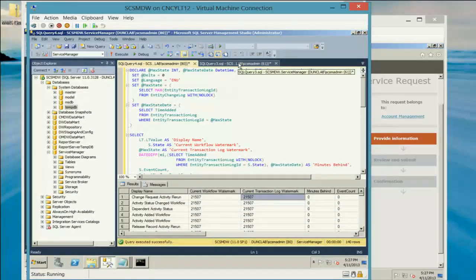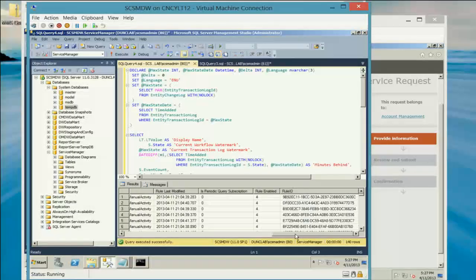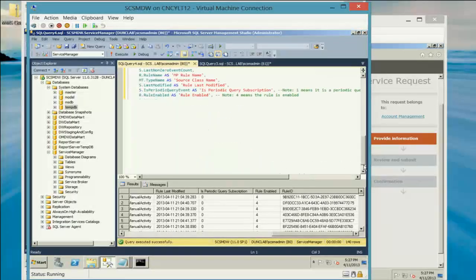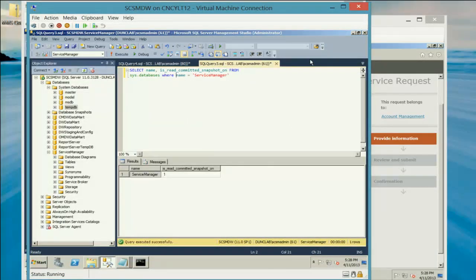How do you actually change the watermark? Very simple. So right here is the rule ID. This is a relationship-driven thing. So we have a rule ID in here. Note also at the bottom, there's a where clause that's filtering this. So this is actually filtering out a lot of the out-of-box ones, which is very helpful because I don't want it to do the maintenance tasks. I wouldn't want to disable those. But note that there's this rule ID. Once you find a particular rule that is your problematic workflow,